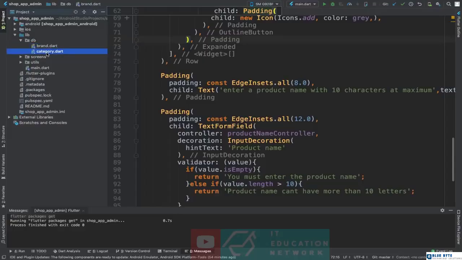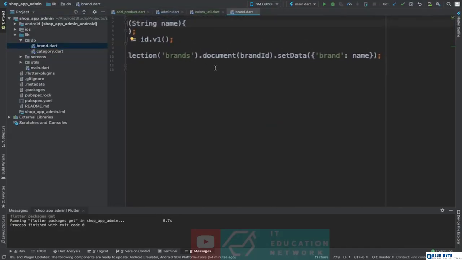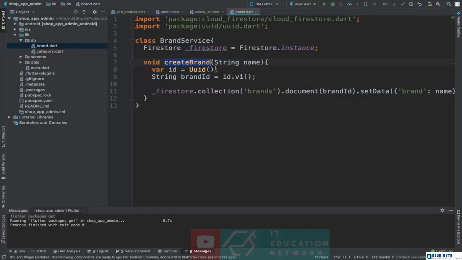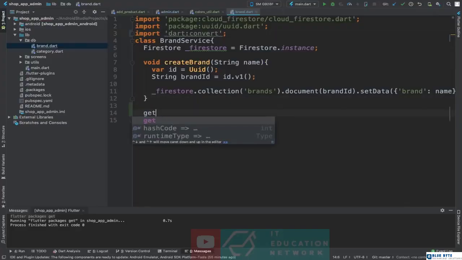We can just go to the brand and category. Let's go to the brands, and first we can import dart convert and do get